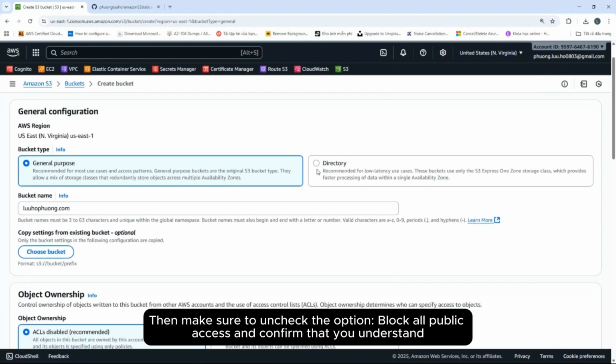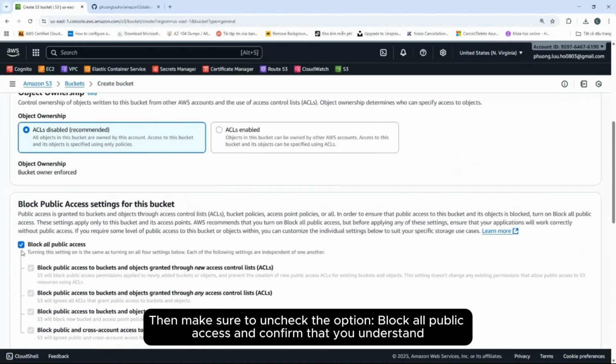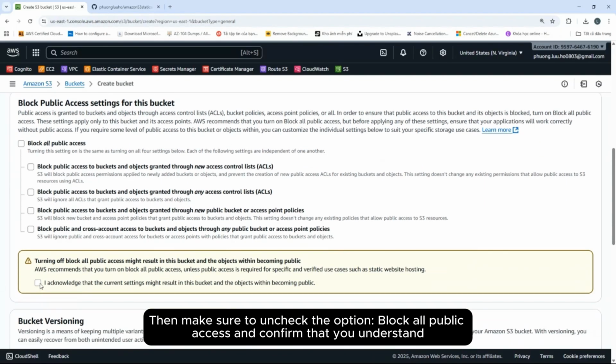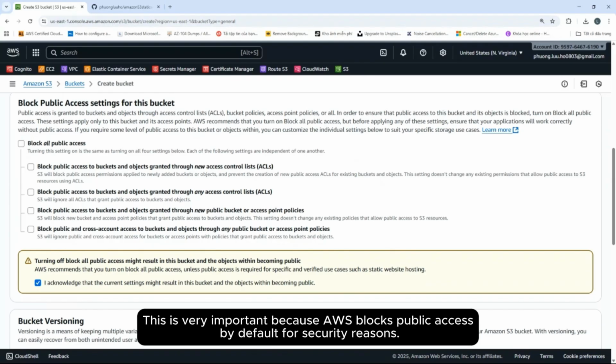Then make sure to uncheck the option Block all public access and confirm that you understand this bucket will allow public access. This is very important because AWS blocks public access by default for security reasons.